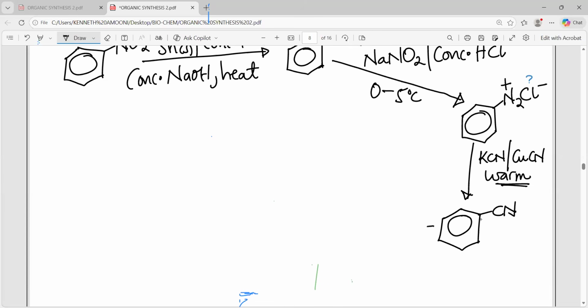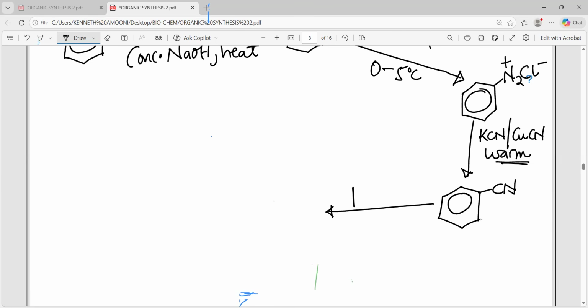Then from here, you can convert it to a carboxylic acid by using acidified water. You reflux it with acidified water to give me that carboxylic acid,